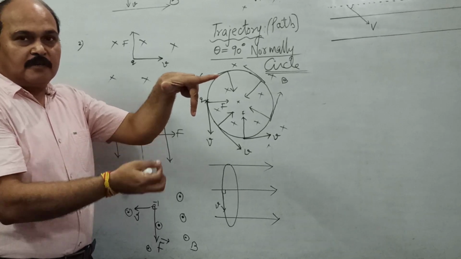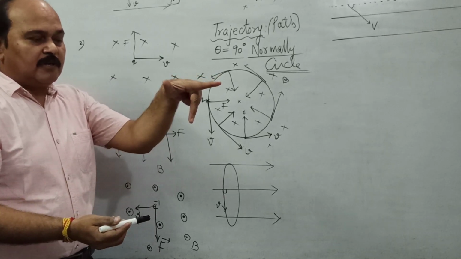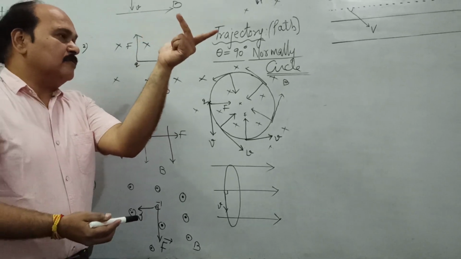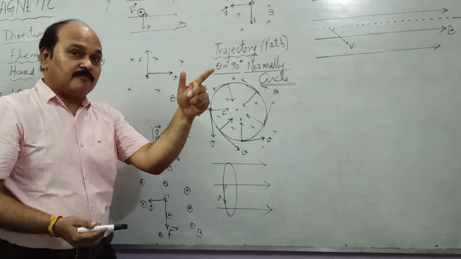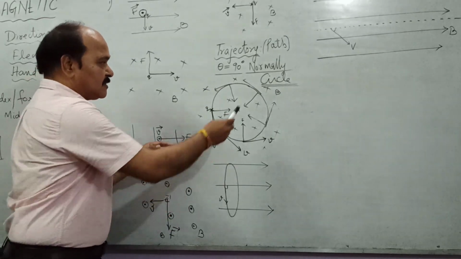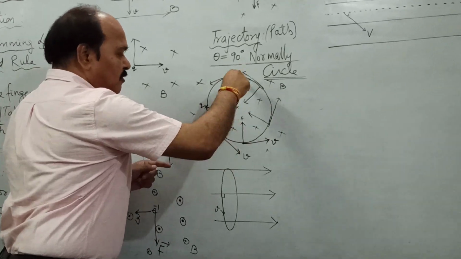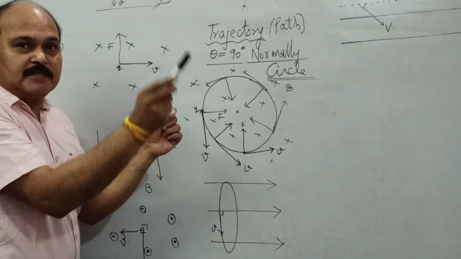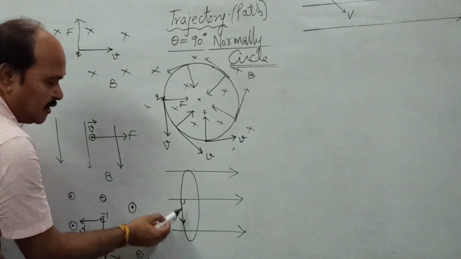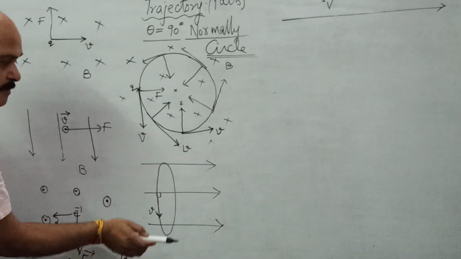This will be on this side, and the velocity will try to come along the force like this, but it would never be able to align itself in the direction of force, as the force also rotates by the same angle. So this circle which is formed here in the plane of board would now be formed here in the space like this. So the charged particle which enters normally moves on a circular path like this.